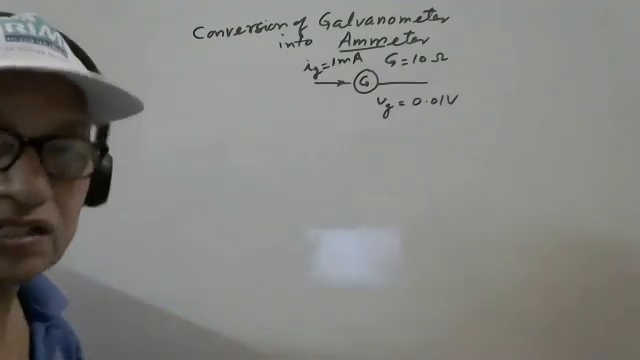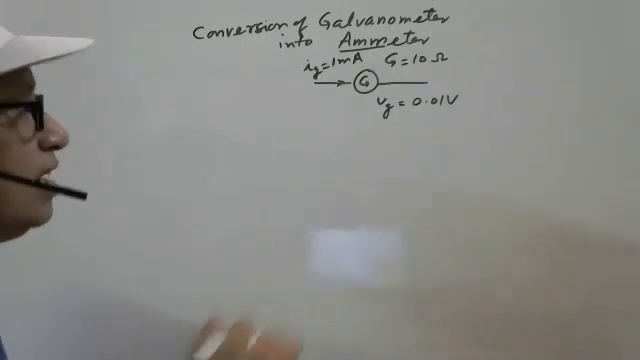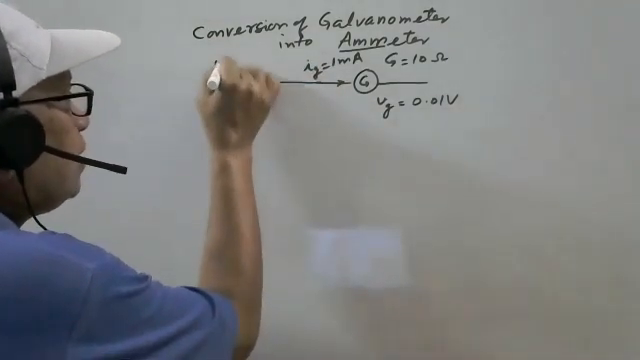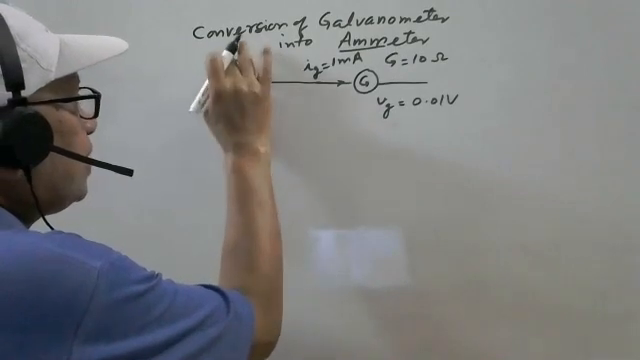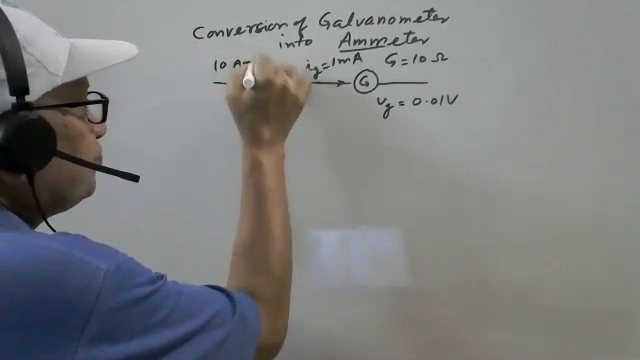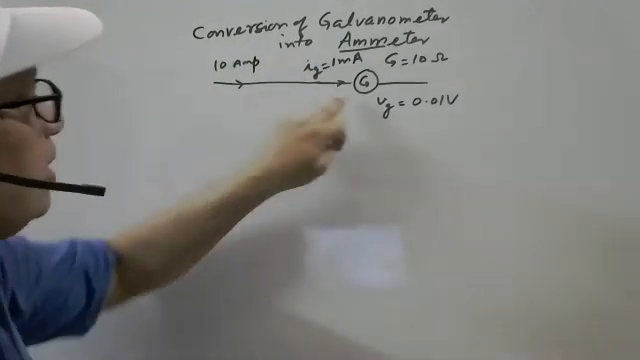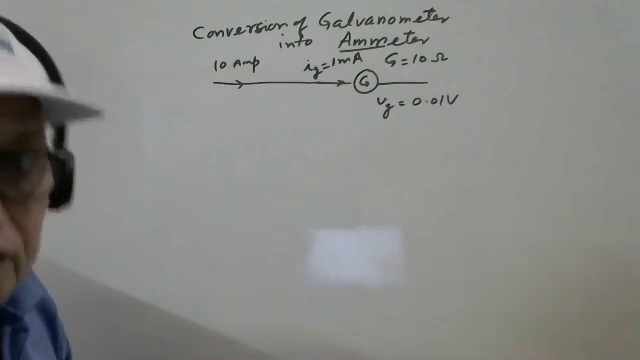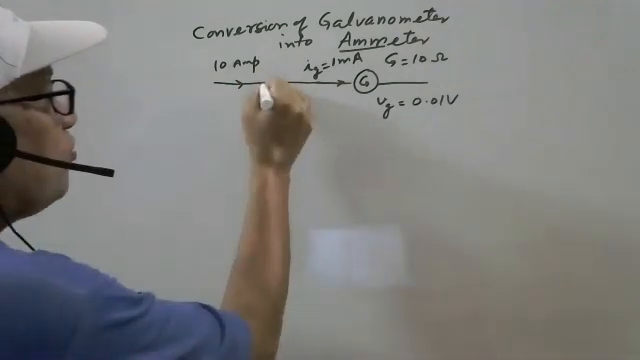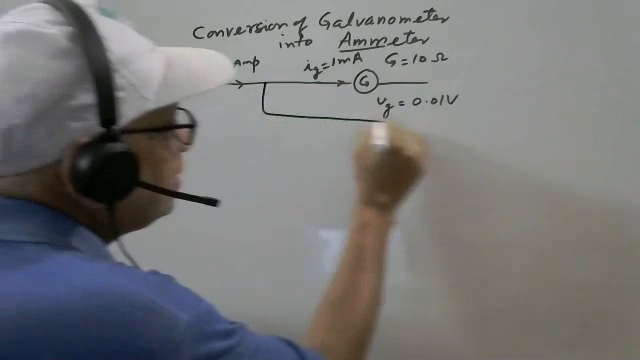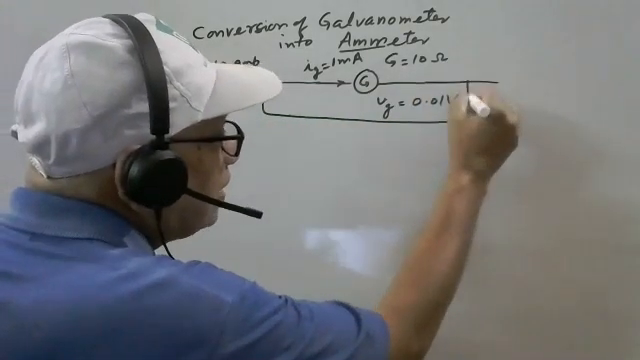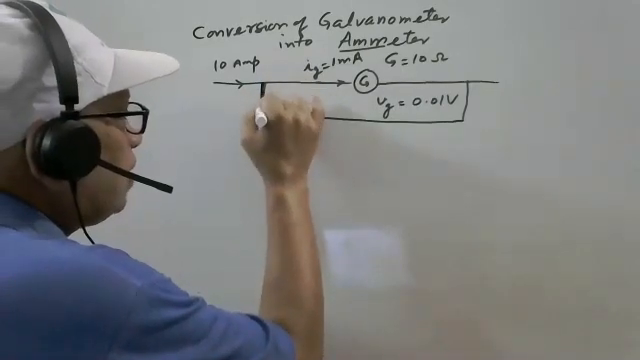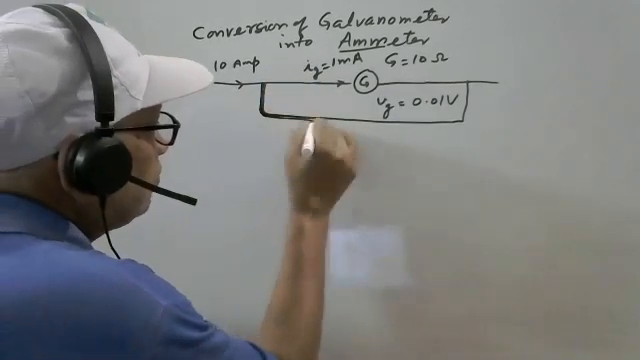If we want to measure more current, we have to modify it. Suppose here we are measuring 10 ampere current. If 10 ampere current is flowing through the galvanometer coil, it will definitely burn out. Now what to do? To measure the higher current from the same galvanometer, we have to connect a